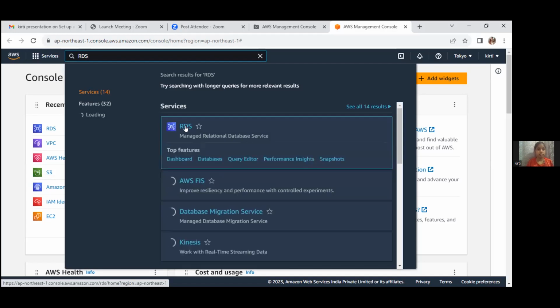Just click on the RDS and open the RDS portal.